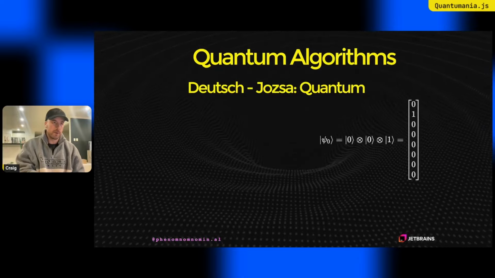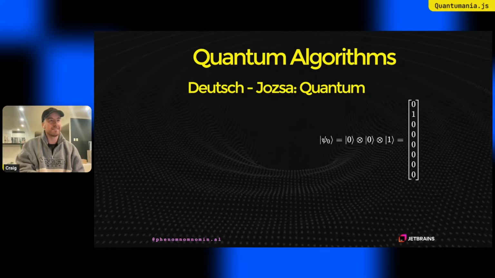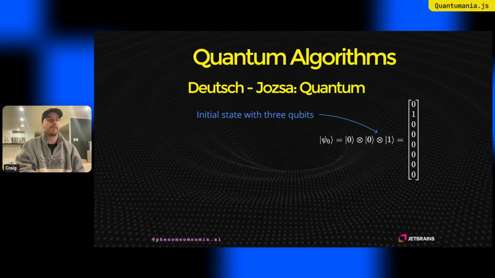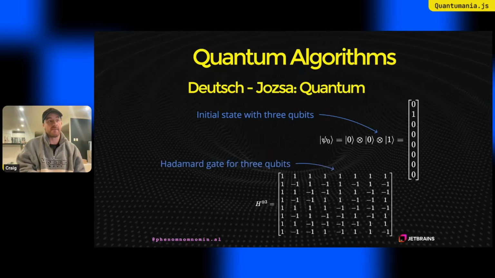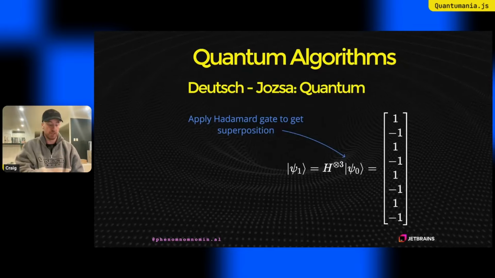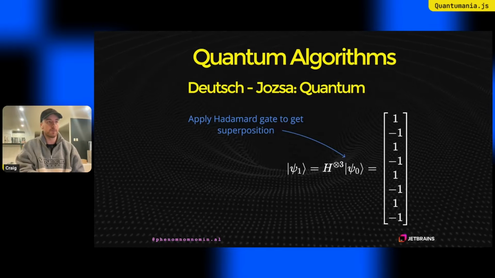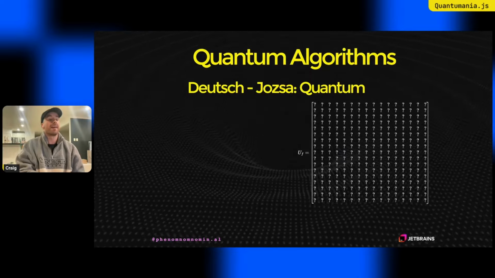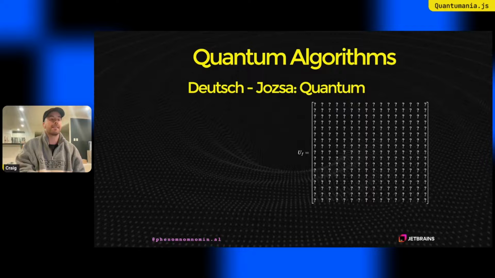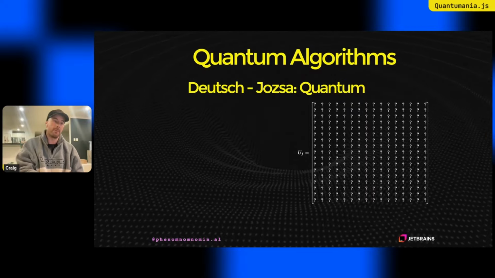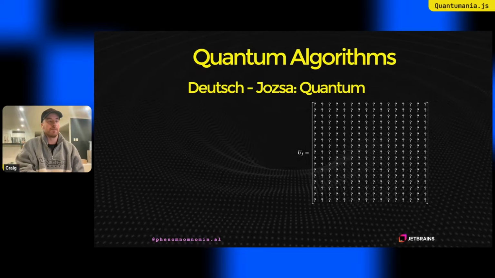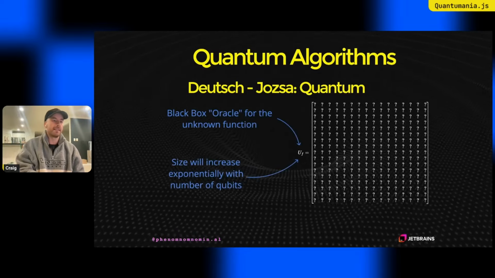But in the quantum situation, we do have some bigger matrices, and even with just a 3 qubit state, you can see how these get pretty crazy. We have a Hadamard gate for 3 qubits, and then we apply that. We get a superposition of all those 3 qubits, so that's 8 possible states. And then we have some oracle, which is even bigger. It's going to be 2 to the power of n, so in this case a 16 by 16 matrix, which is pretty memory intensive. And the size is going to increase exponentially with the number of qubits. We can apply that to the superposition state,